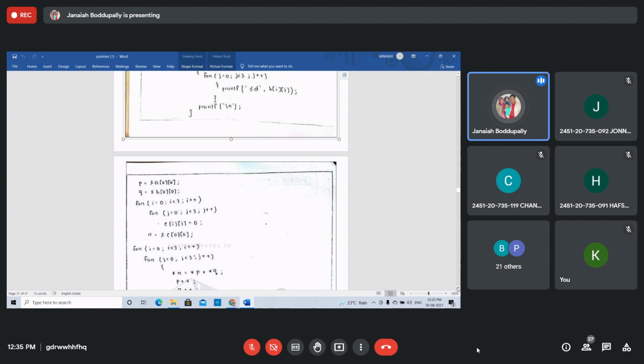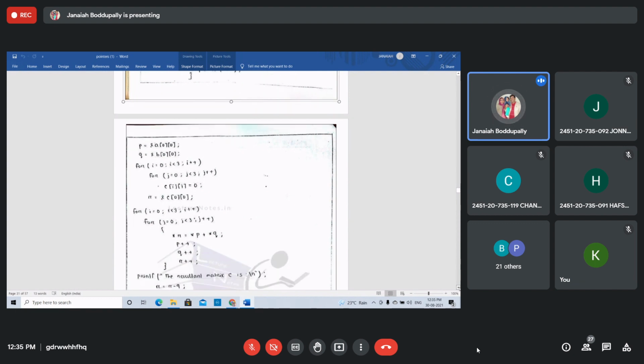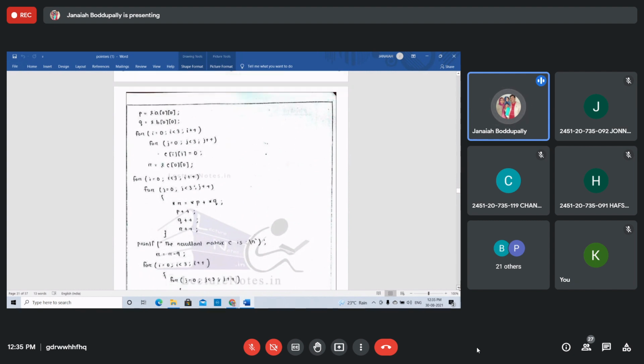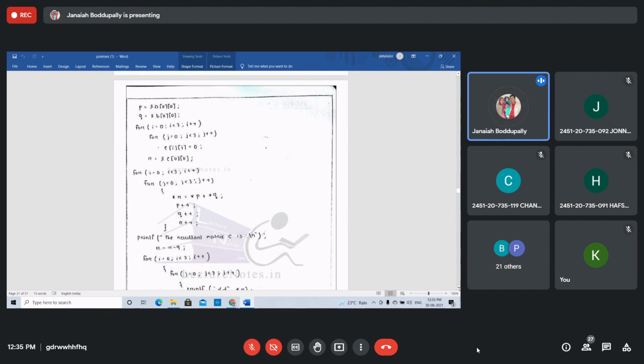Right? Now, for i equal 0, i less than 3, i plus plus. For j equal 0, j less than 3, j plus plus. Now, simply without writing C of i j equal to A of i j plus B of i j, the same thing works, because we have taken the address locations of the first elements as pointer variables. That's why star R means value at the address location of C of 0 0.